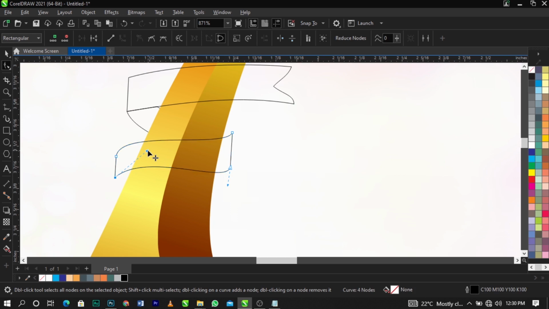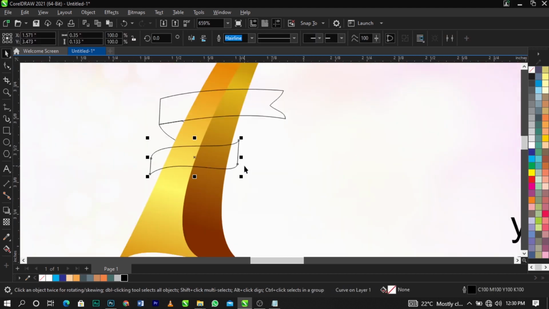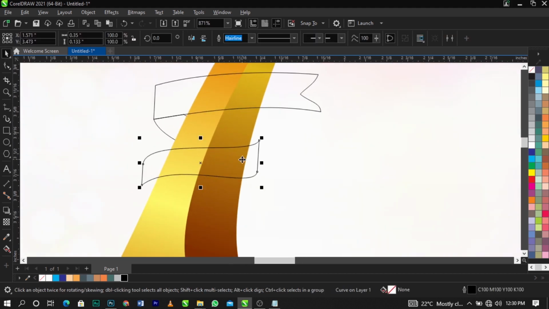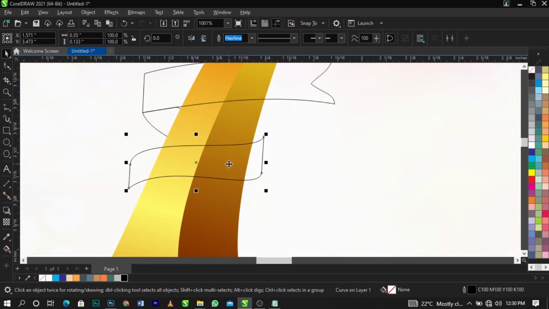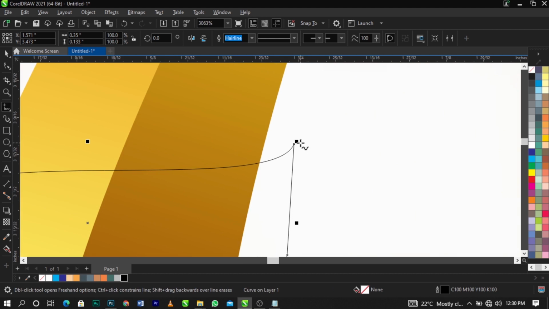And I believe you understand, guys. And this is what you're going to have. So let's take this up a bit. This is basically what is going to waste your time on this design, guys, but if you give it time, you will understand. All right, guys, so I'm going to place another